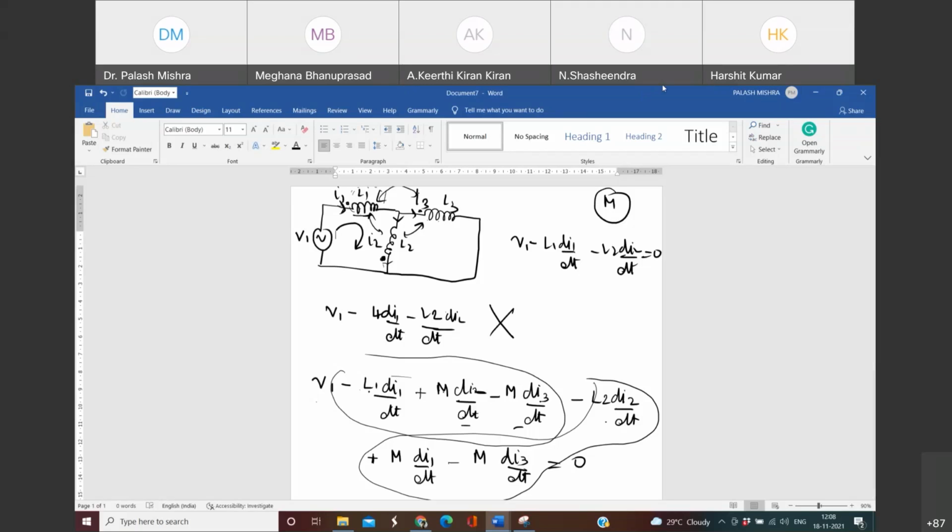Fine? If you have understood, I think that's all for today. Please read about this dot convention also. If subtopics are left, I will take a class in the middle also. Still, we have a lot of time, so probably I'll engage one more doubt session class. If you have some doubt, please let me know, and I will engage one class for that.